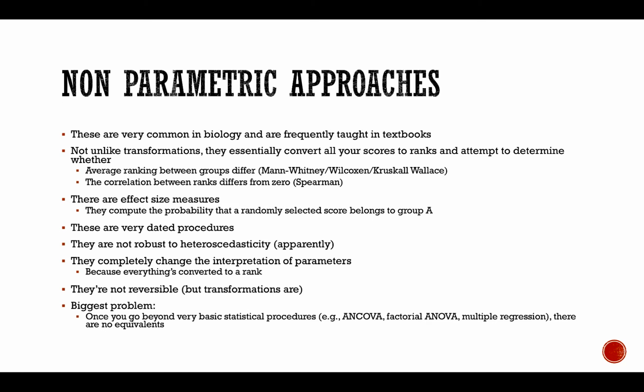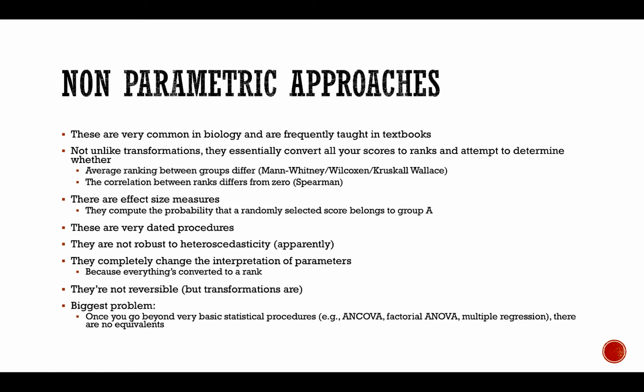And there are effect size measures that compute the probability that a randomly selected score belongs to group A. I think that's generally the interpretation of it. These are very, very dated procedures, though. They're not very robust to heteroscedasticity. Apparently, I haven't done much research in it, but that's what I've read. They completely change the interpretation of parameters, again, because everything is converted to a rank, and they're not reversible. So basically, if you convert something to a rank, you can't go back to the original scores, whereas you can